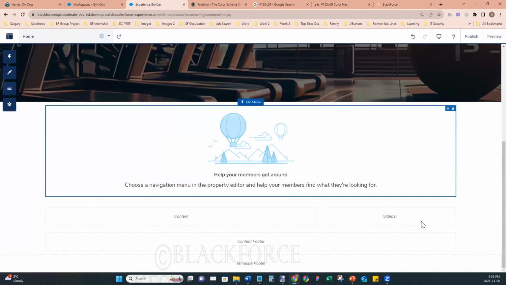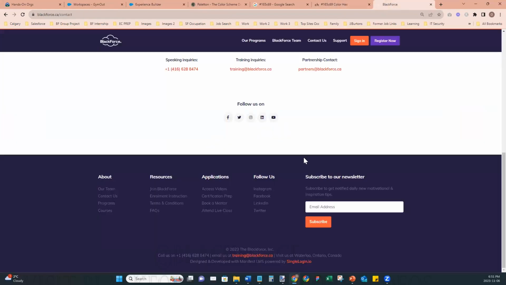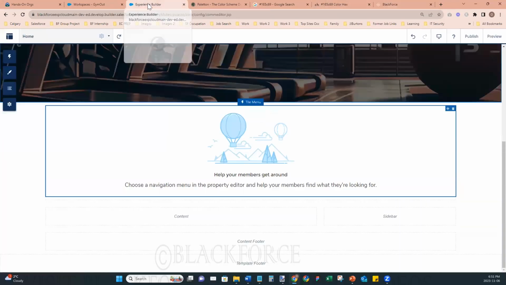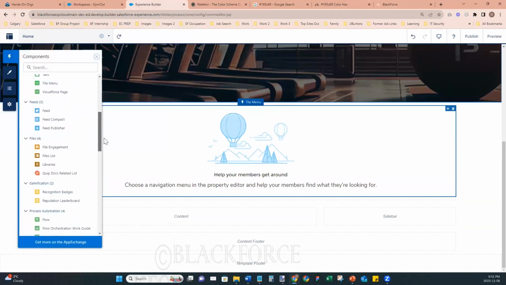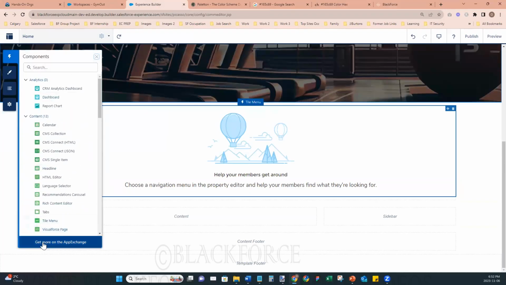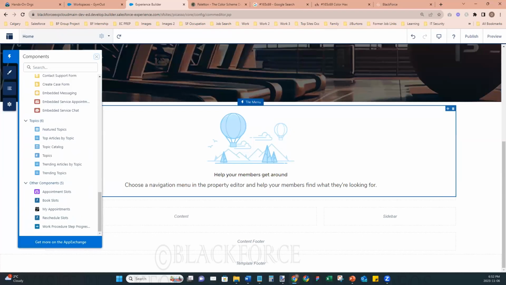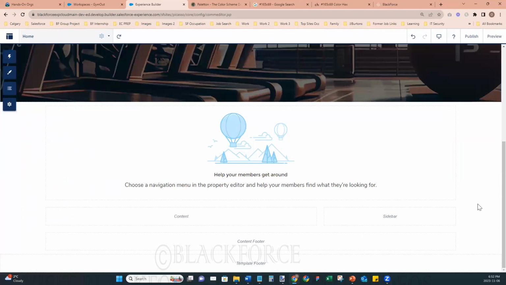For us to be able to do that, we at least need columns because these items are placed here in columns. But unfortunately, we don't have the ability to do that using the components that we have here already. Now, I haven't explored if there's a chance to get something like that from the App Exchange, but I found a way around it. And what I'll do is to go to,